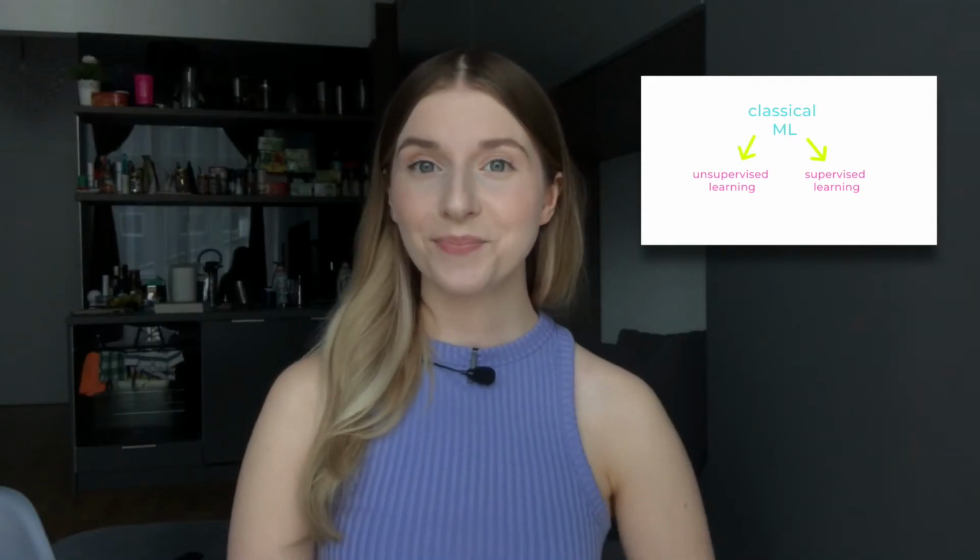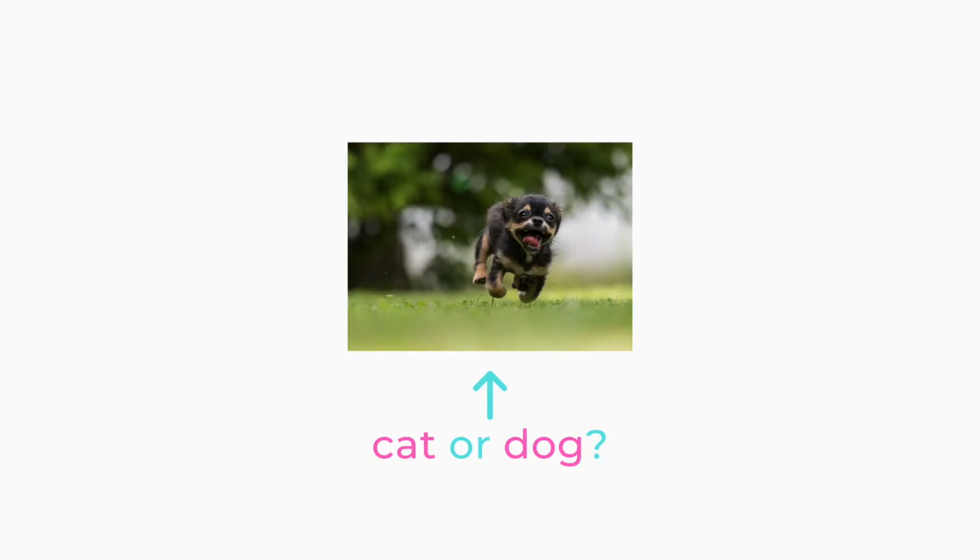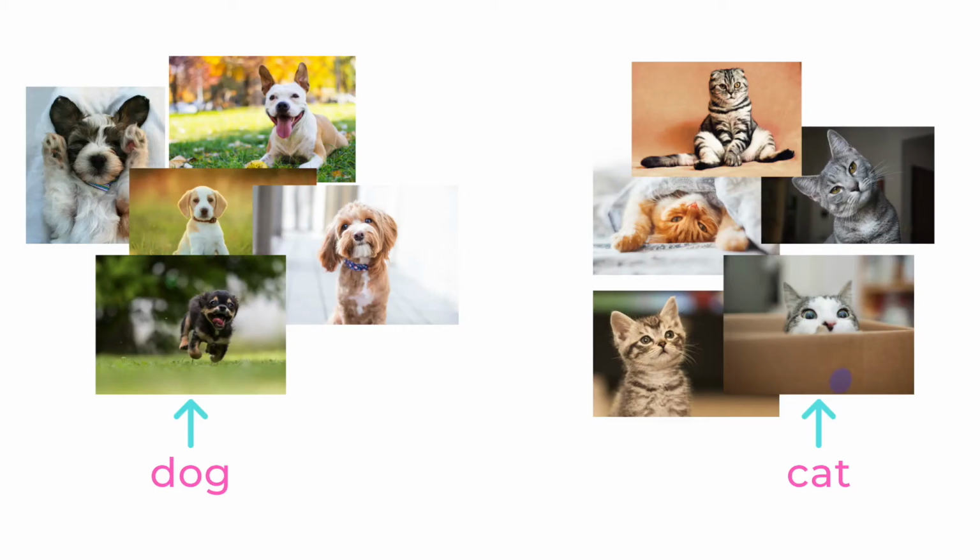What are these? In supervised learning, the machine has a supervisor. Think of this person as kind of a teacher who gives the machines the answers. For example, whether it's a cat on a photo or a dog. The teacher, the supervisor, has already divided the data into cats and dogs. This division is called labeling, and then the machine is using these examples to learn, one by one, cat by